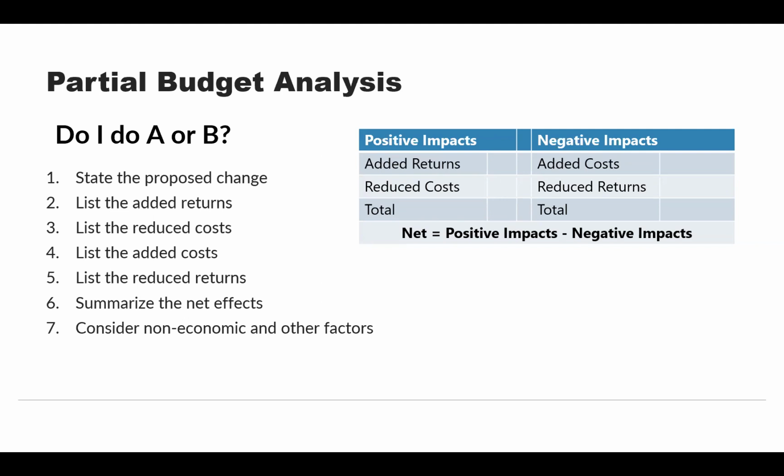And then the first thing you want to do is itemize all of the things that you will get if you make that change, the positive added returns. So let's say it's, do I do ladders or do I do a platform? Well, I think if I do a platform, my yields, my harvest pack, will go up 10%. So I'll be able to harvest 10% more fruit. That would be an added return. I would have 10% more fruit if I make the change.